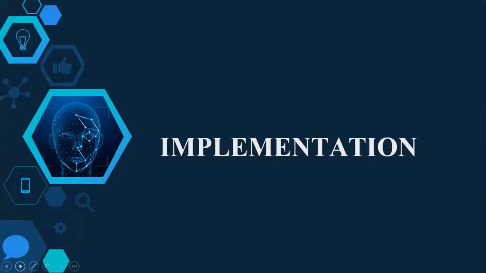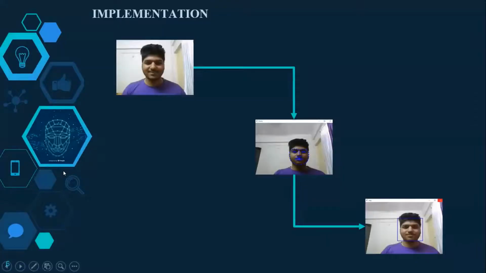Now let us look into the implementation of our model. At first, the user or a student comes in front of the camera. In this step, the camera is placed at such a distance that it is able to capture at least 3 students in the frame for now. Then the system detects the face of the student using OpenCV and face recognition library. After the face is detected, the face encodings of the detected faces are found. A 128 dimension embedding for each face is done.